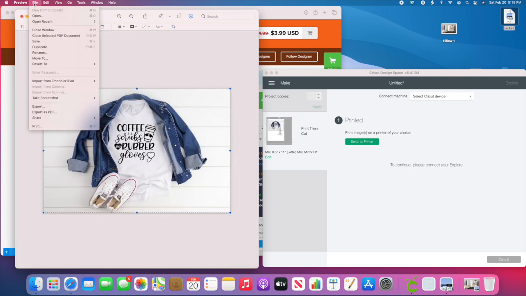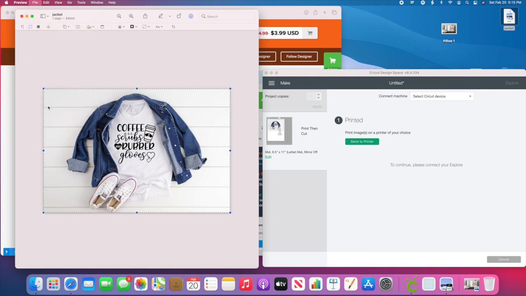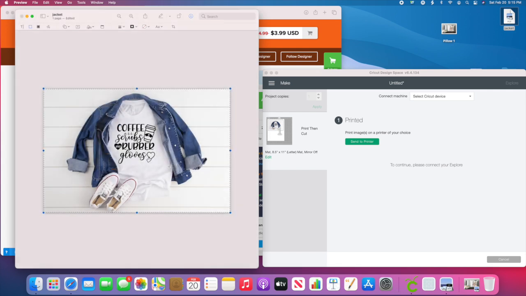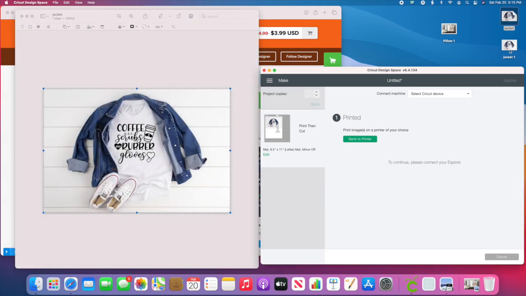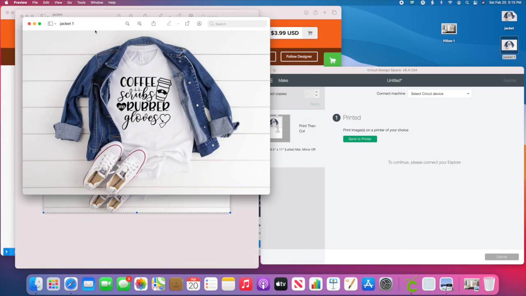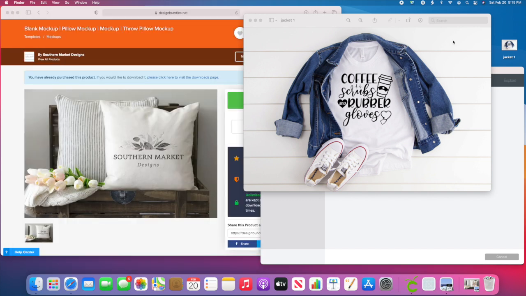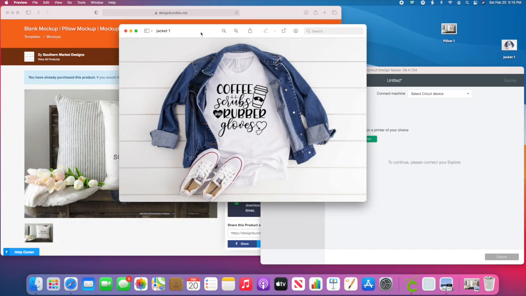And now I'm going to hit File. And we're going to hit Export. And I'm going to name it Jacket 1. And you can see we've got it as a PNG. And save. All right, you can see our jacket pop up over here, and there we go. So now we have our PNG image as well as our PDF. So you can delete those PDFs as soon as you're done, trash them. I can take that right here and trash it, just like so. So you definitely don't have to keep those once you have your PNG, just like that.